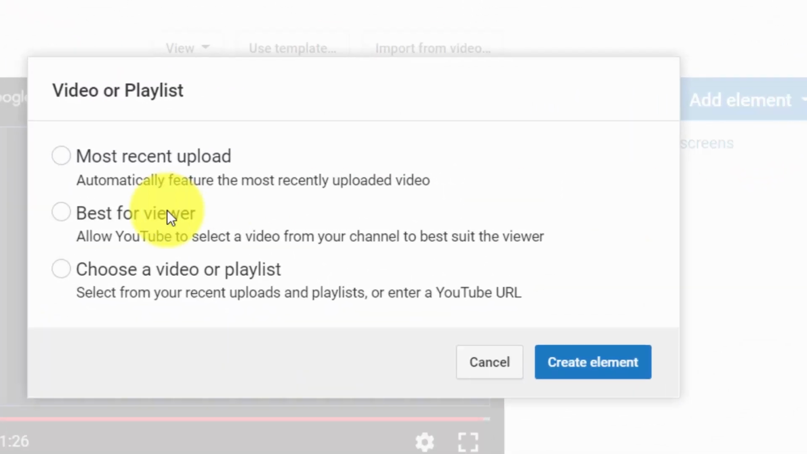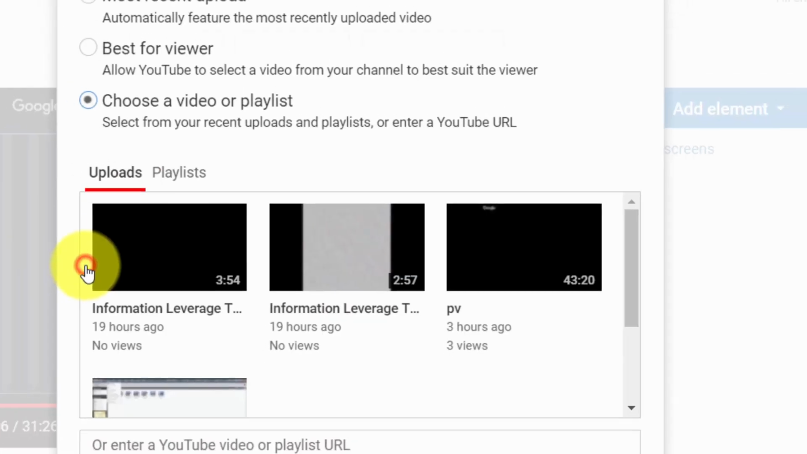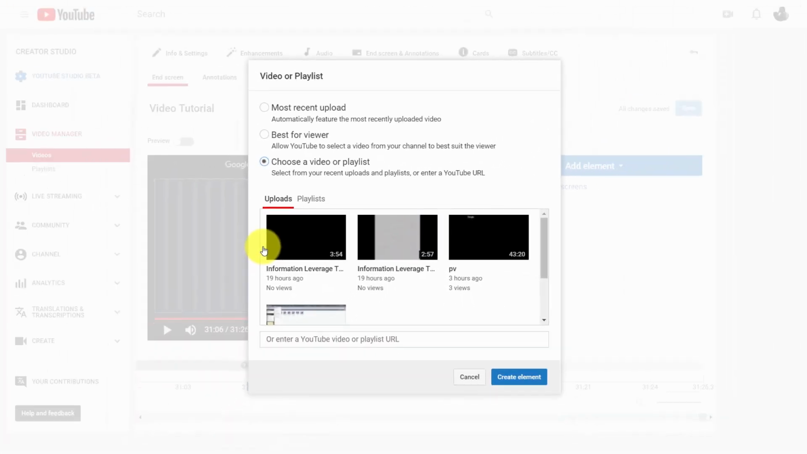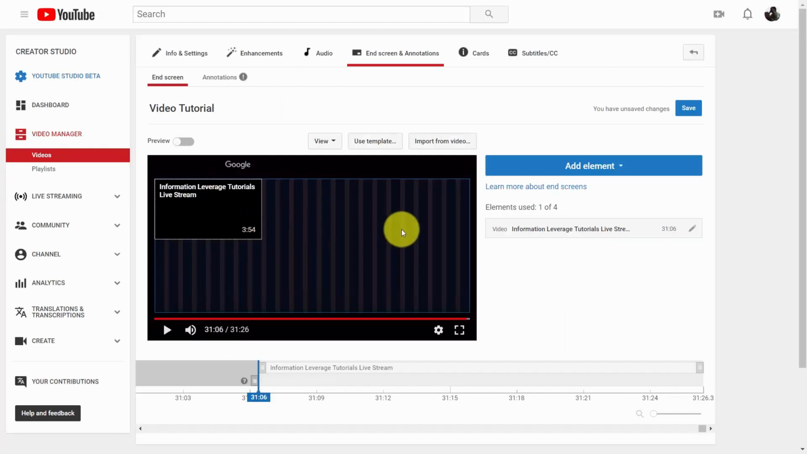And we can do any number of things. We can either choose the videos, we can choose the most recent upload, or we can make the best choice for the viewer. And in this case, it's YouTube making that selection. So in most cases, we're just going to choose the video or a playlist. In this case, we're going to choose the video, and this is how it's going to appear at the end